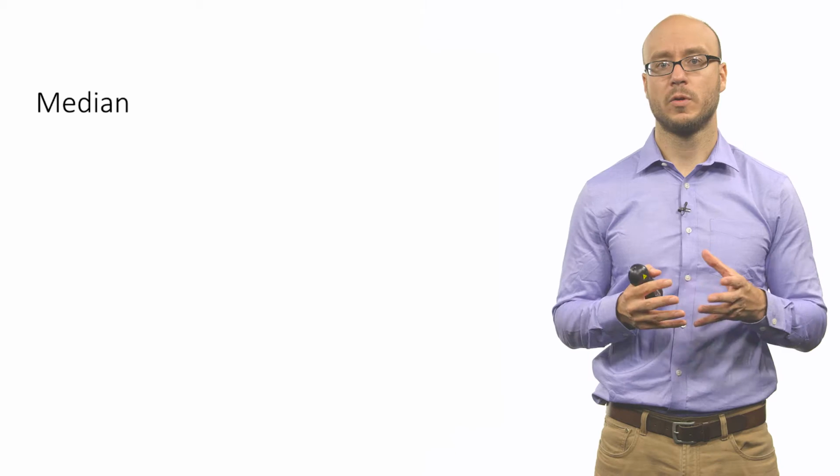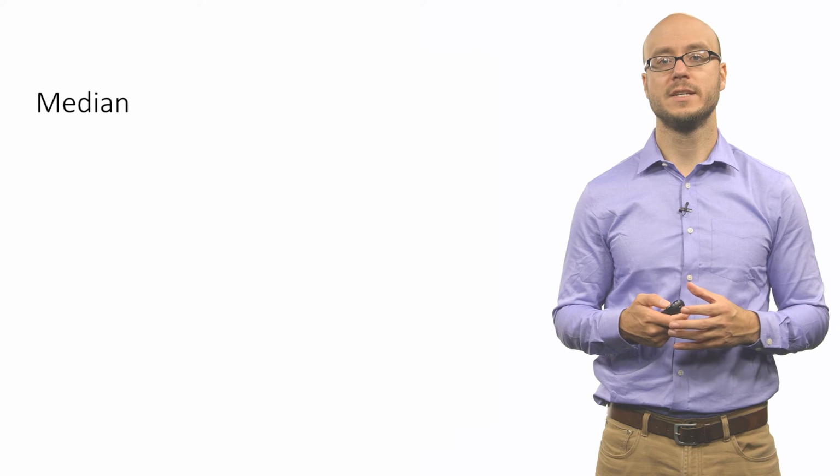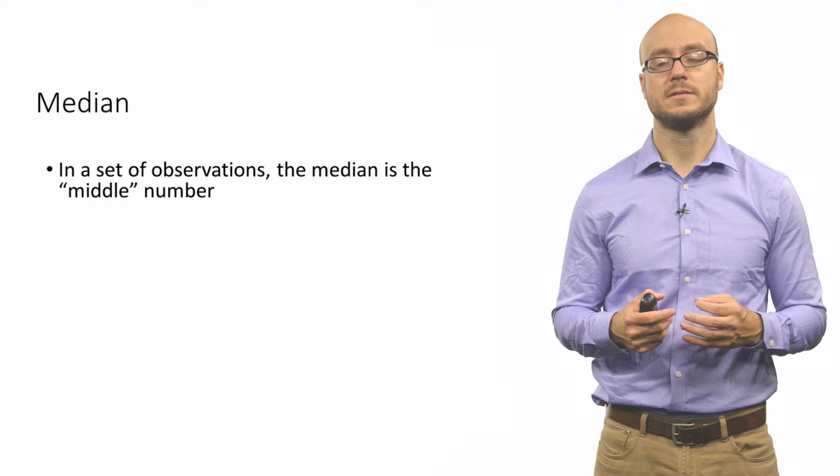So we just covered a measure of central tendency known as the mean or average. Now we're going to talk about two other measures of central tendency for a numerical variable. When you have a numerical variable and you want a snapshot summary of what the typical observation is, you can look at the mean, the median, or the mode. And now we're going to talk about the median, also known as the 50th percentile.